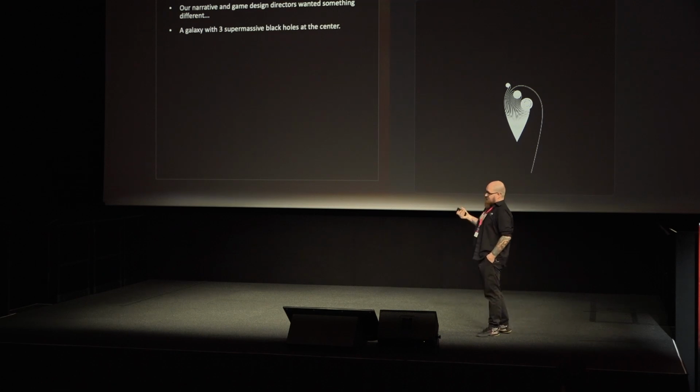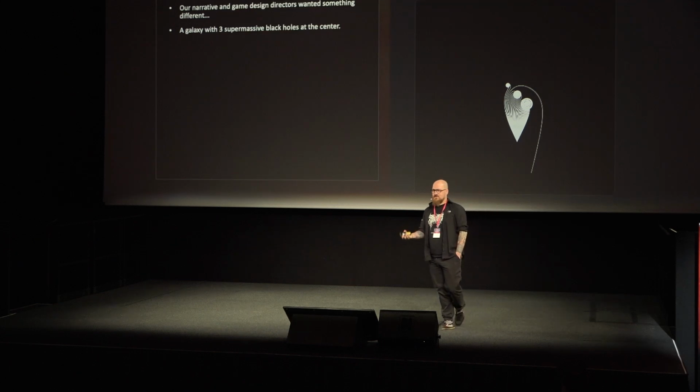But what this means for the world generation is that we now have a galaxy that has to have 3 supermassive black holes at its center. And I don't know if you went to Dr. Ronald Turner's talk yesterday or Dr. Becky's talk yesterday at the astrophysics one, or my talk on Thursday about black holes. But we usually only have 1 or maybe 2 that orbit each other. And usually the 2 that orbit each other, they're in solar systems.